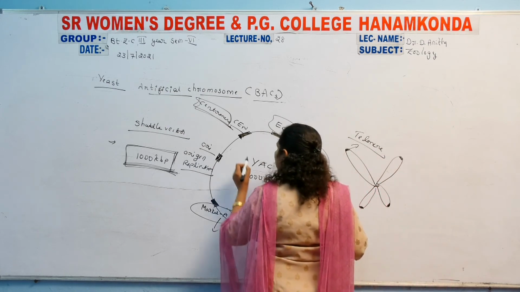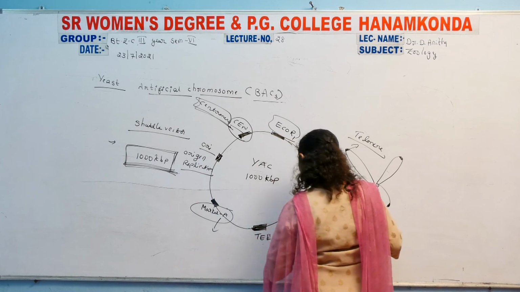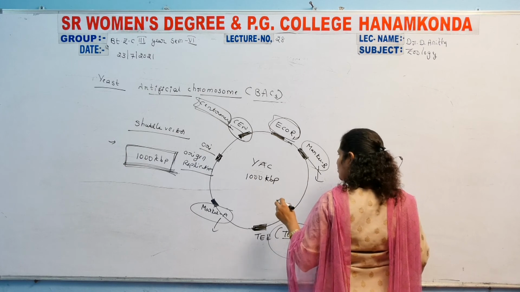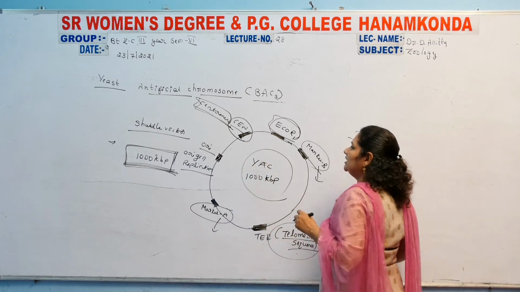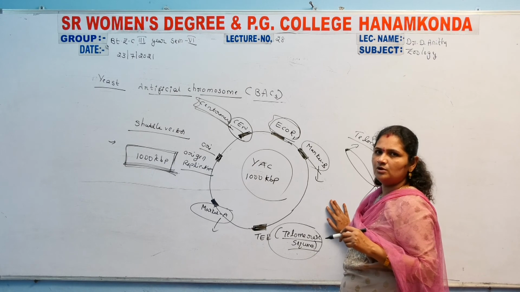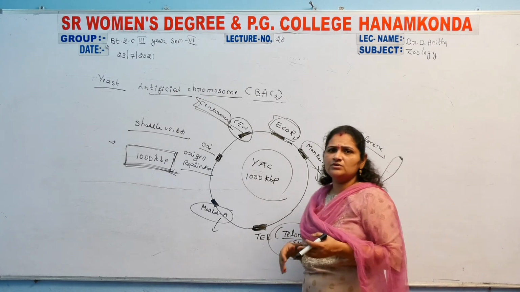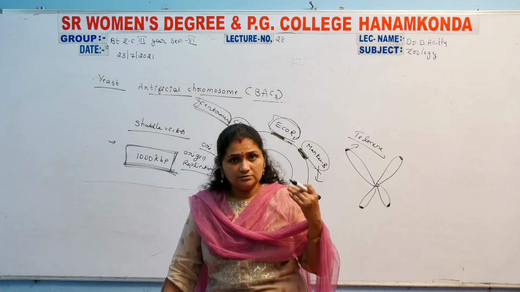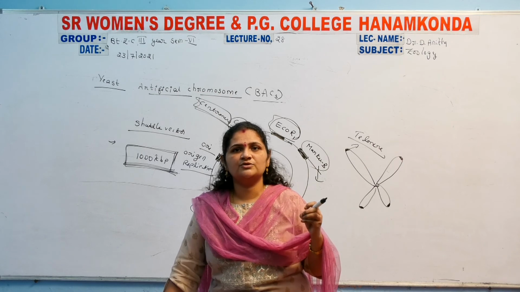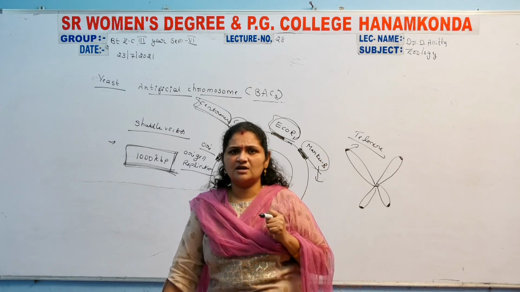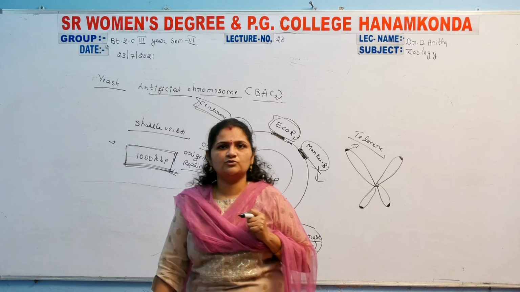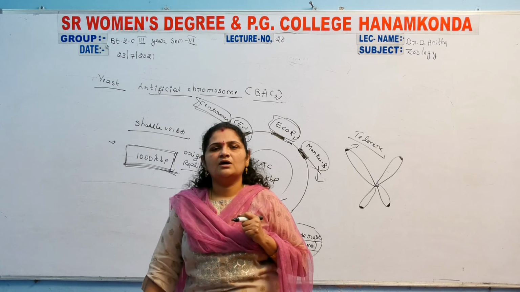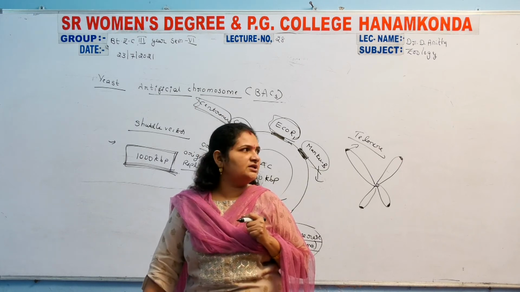It possesses the centromere sequence, telomere sequence, two markers and the Escherichia coli sequence. These are the main characters of the yeast artificial chromosome, which is a future reference for the formation of human artificial chromosomes. Human artificial chromosomes are greatly produced with the help of yeast artificial chromosomes. And the yeast artificial chromosome acts as a shuttle vector.